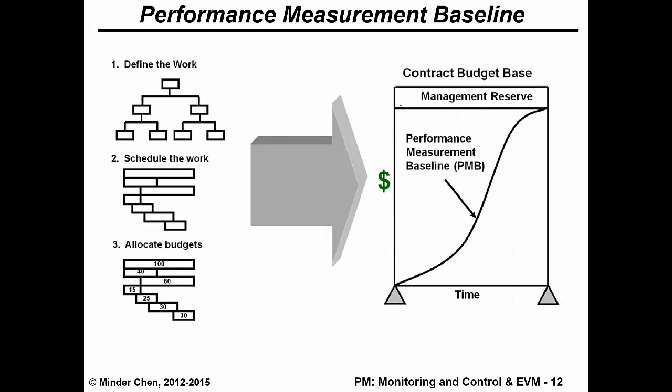So if we follow that, we started with the work breakdown structure, and we do have the schedule. Eventually, once we have the estimation in terms of how much it will cost for us to perform various tasks, we can start allocating the budget to the tasks within our schedule. We call it time-phased cost allocation, or budget allocation, and eventually we can track the whole project budget